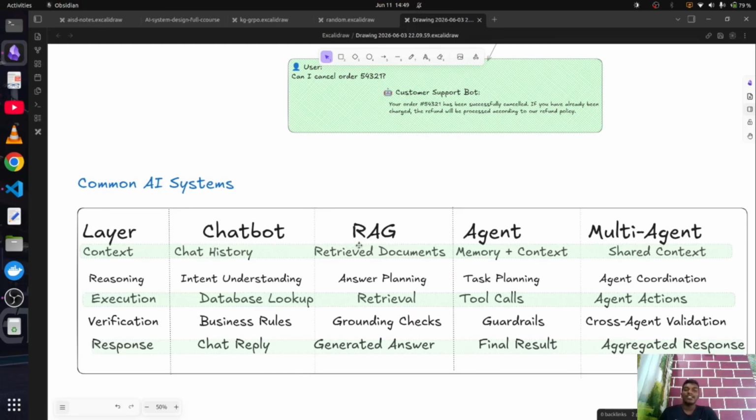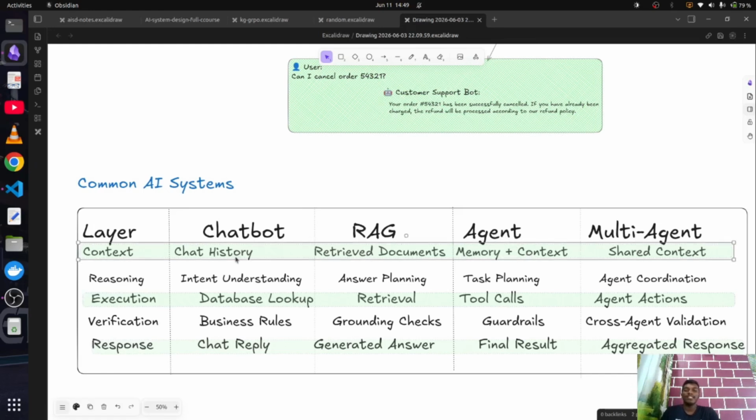Whereas for RAG systems, it is the documents that it's going to retrieve. I guess I explained it in the architectures, but RAG is basically a system which gets the relevant documents or chunks from any database or any data source, and that's what will be used as context. Whereas an agent has both context as well as memory.